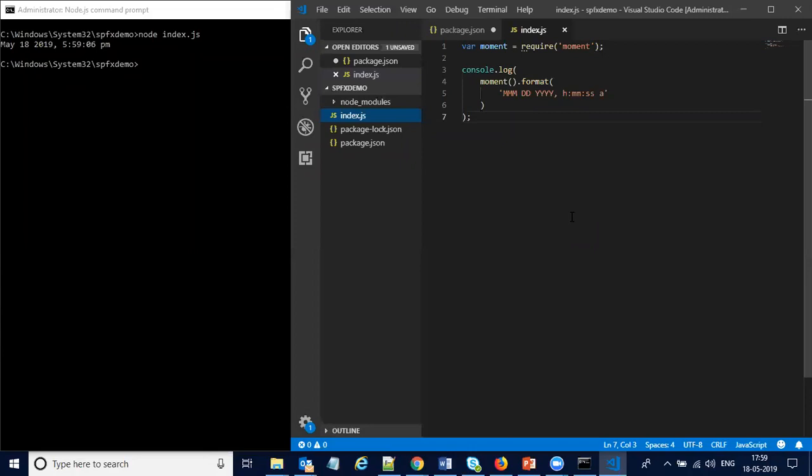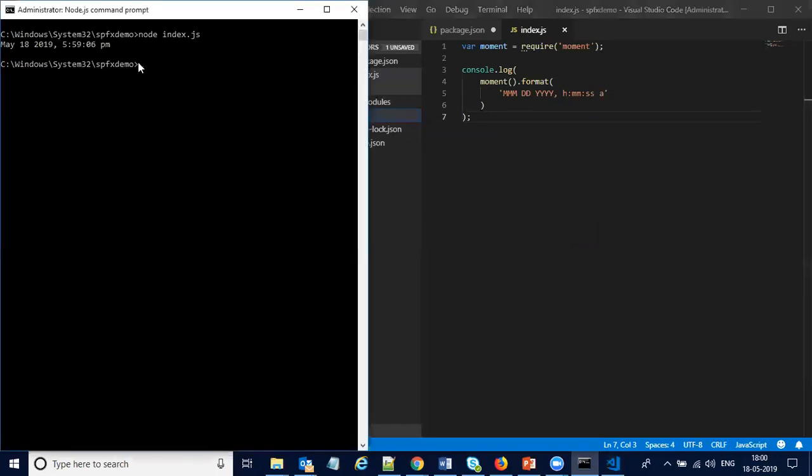Now, before this, I just want to ask, can we give this index.js to the customer directly? This could be one of your solutions. Do I just send over this index.js to the customer? So let's show here. I will write copy index.js dot dot. So index.js has been copied to the folder one level above. Okay, and now go to that folder, system32. Okay, and then I write node